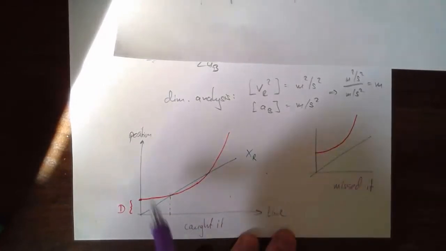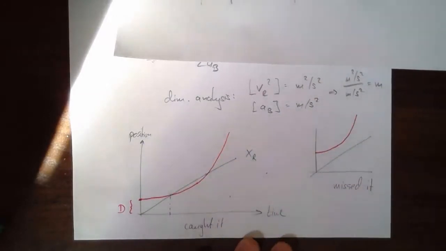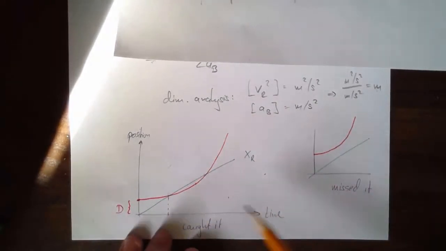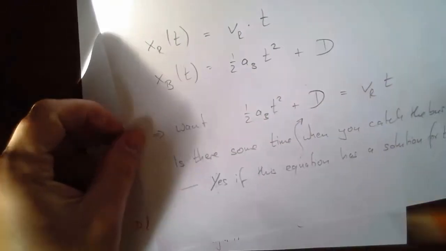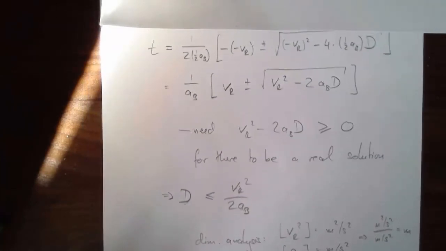Similarly, if the acceleration of the bus had been greater, it would have curved up like this, up here, and again, the two lines might not have crossed. So there are different ways to analyze the same situation. And maybe we could have drawn those graphs right at the beginning after writing down these and sort of visualize the problem that way mathematically early on. Okay,